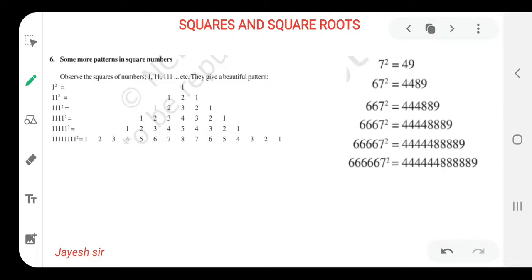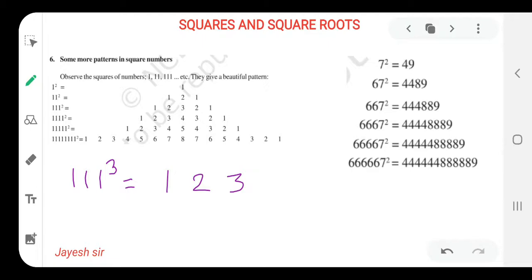By 1 square or 11 square, you won't be able to get it properly. So we'll begin with 111 square so that you can understand it properly. Let it be 111 square. How many ones are there? That should be kept in mind. 3 ones are there, so we'll write 1 2 3 as we write in maths. Now we have reached the maximum number of 1. How many ones are there in the question? 3. So I have written till 3.